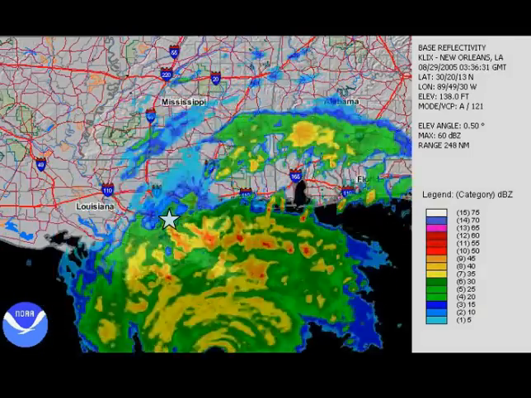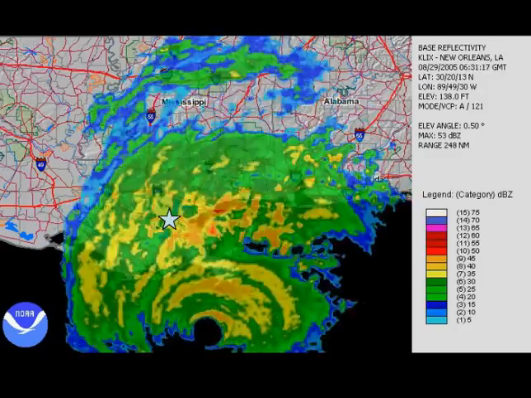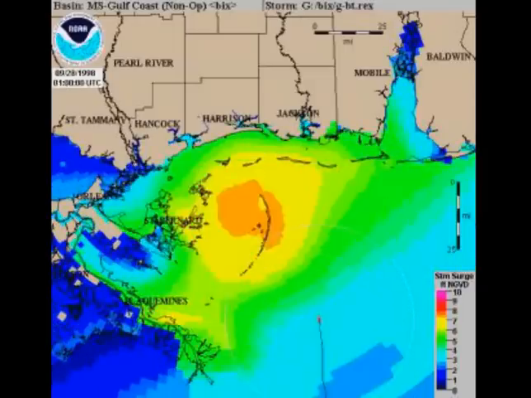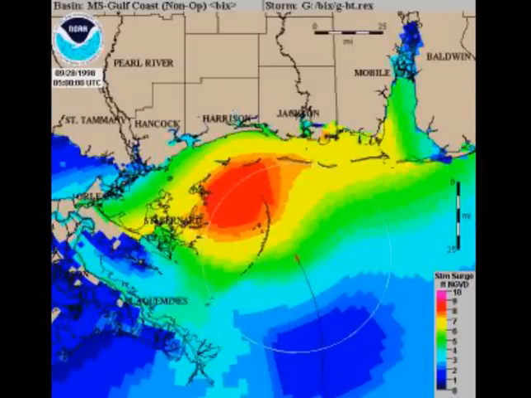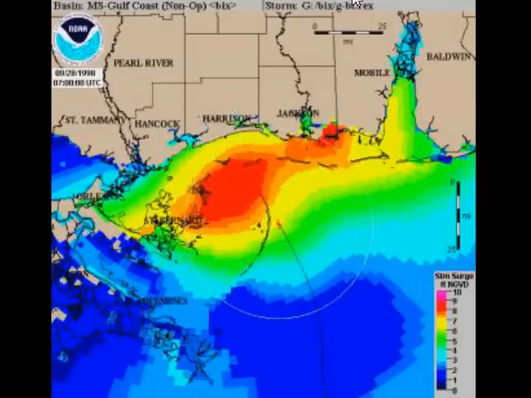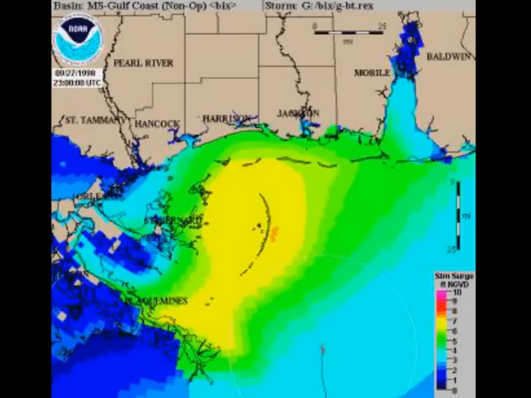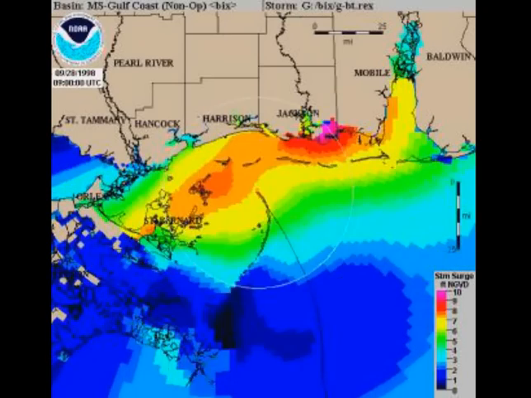The red area illustrates where that storm surge was the most intense, and this is just to the east of Louisiana. What this is showing is that the storm surge, where it was the most severe, was actually to the right, or the east, of New Orleans there in Mississippi, the little sliver of Mississippi that has access to the